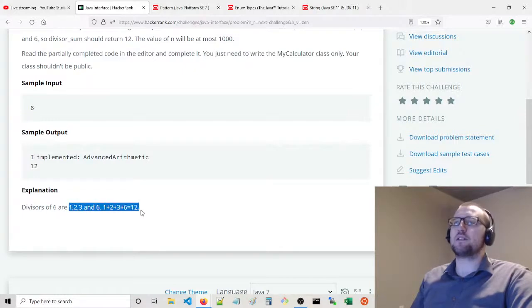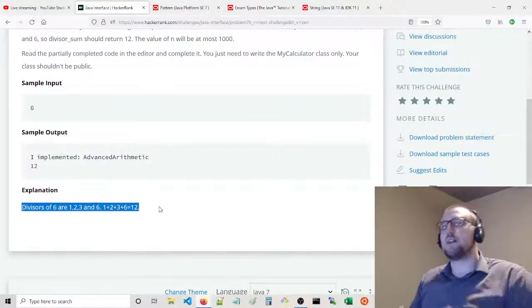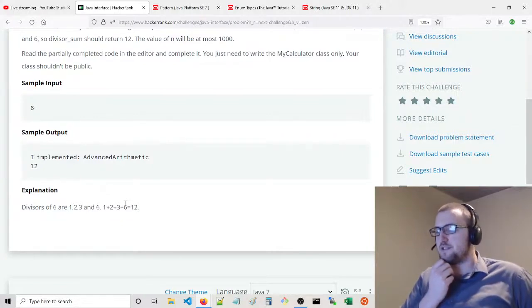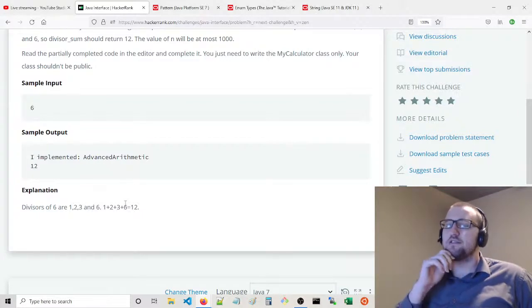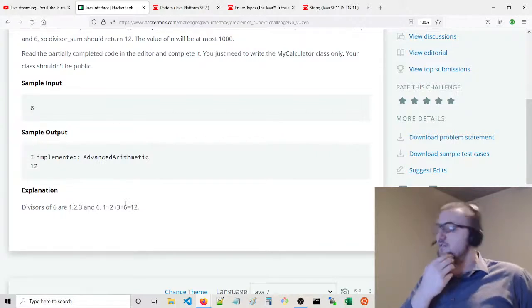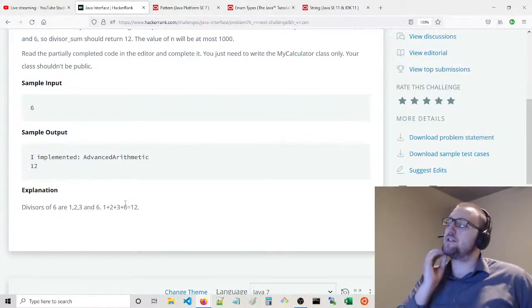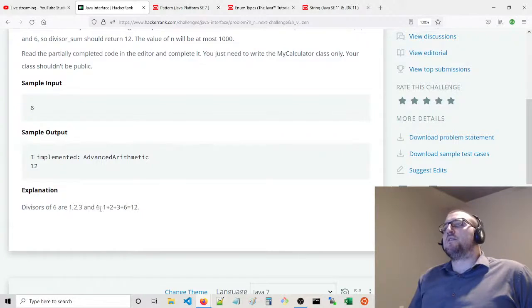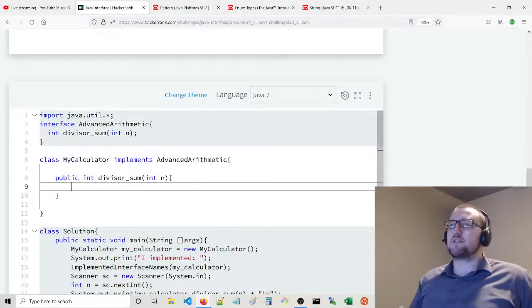It would be very confusing what the divisor sum would be if you were using negative numbers. It's really straightforward if it's a positive number, but if it's a negative number, technically all of the divisors would also have their negations as divisors. So you could take every positive divisor, negate it, and the sum would always be 0, right? So actually, you could just say